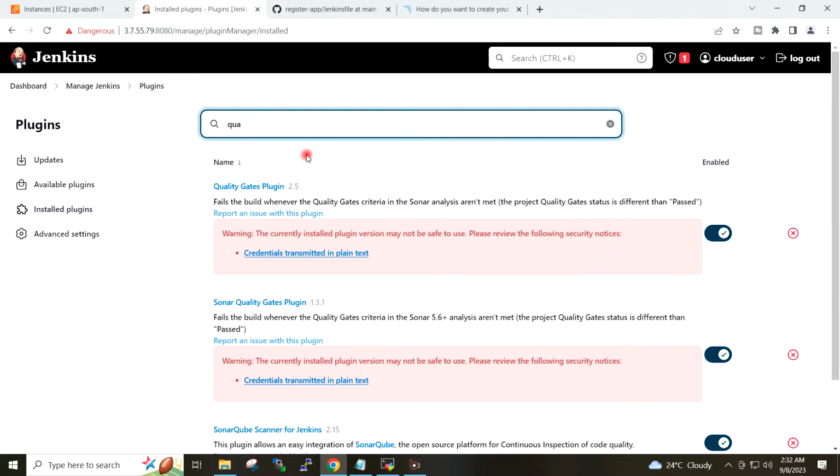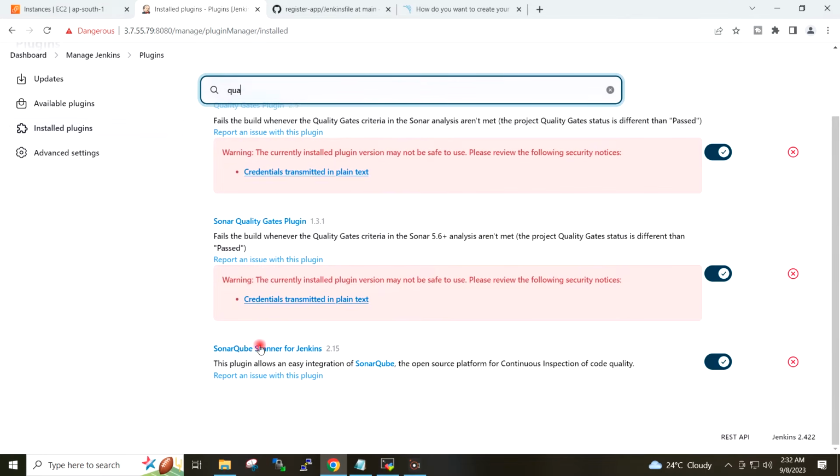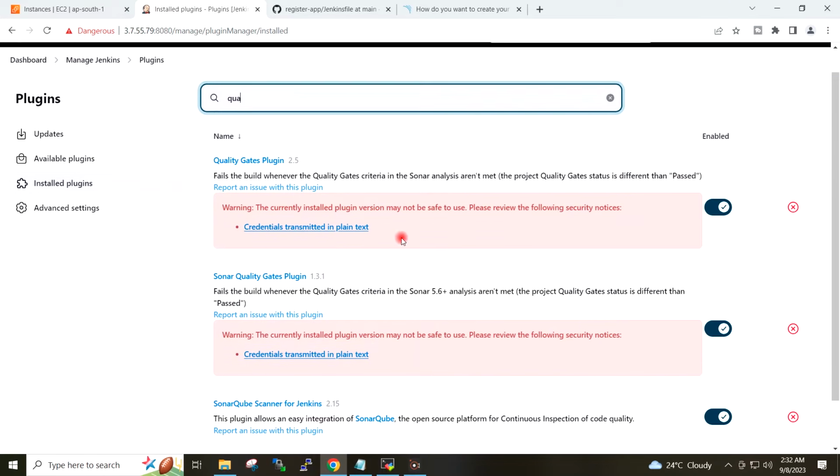So you can see here quality gates plugin and Sonar quality gates plugin has been installed, and scanner also installed in my system. You can ignore this warning because in the previous step we have given the database credentials in the plain text, so it is giving the warning.